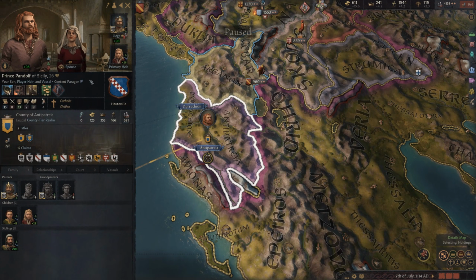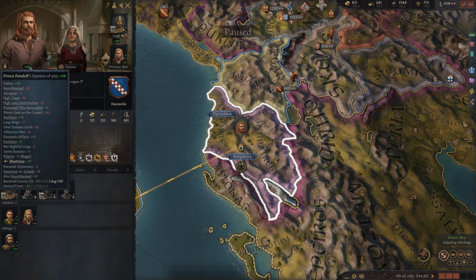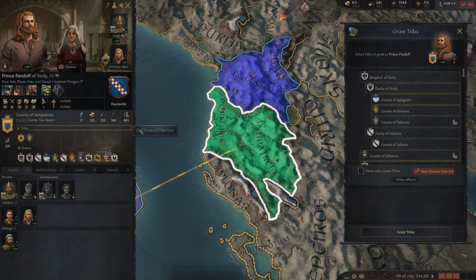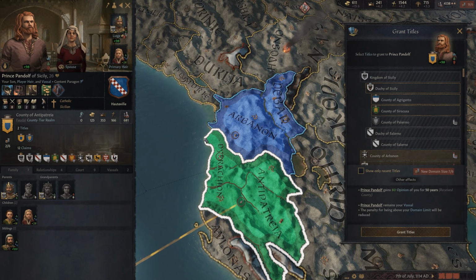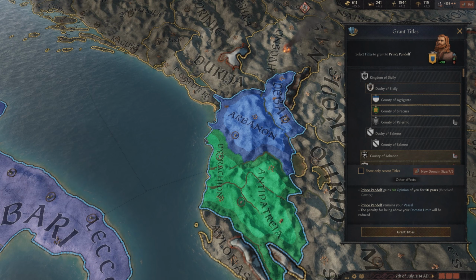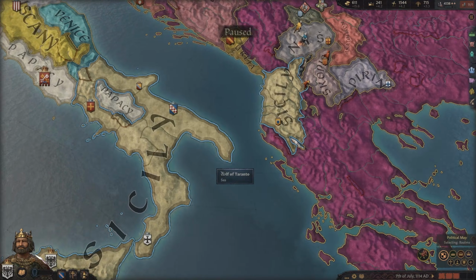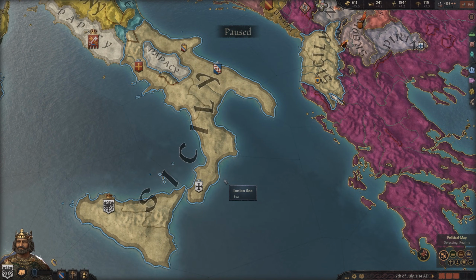So my son will say, well, I now have a -30 opinion of you because you have those territories and they are de jure part of my territory. So you can grant the titles of these two territories and it'll greatly increase his opinion of you. So using titles is another great way to influence opinion, and opinion is one of those things that you're always going to have to be moving the needle on little by little depending upon what the vassal situation is.